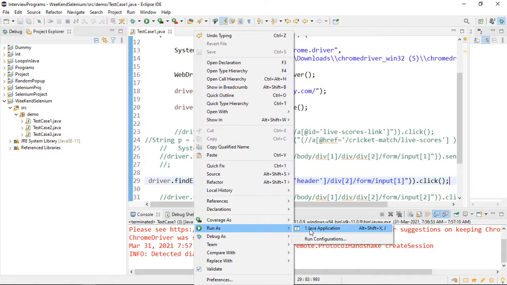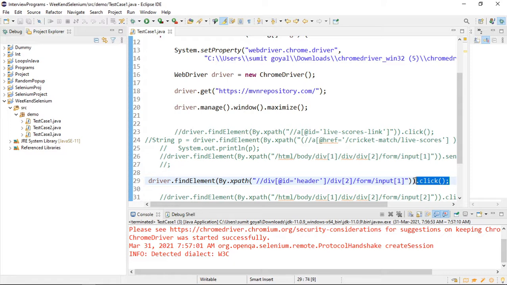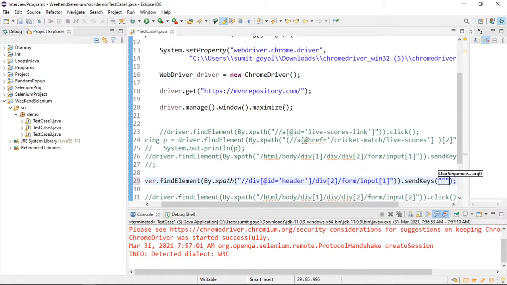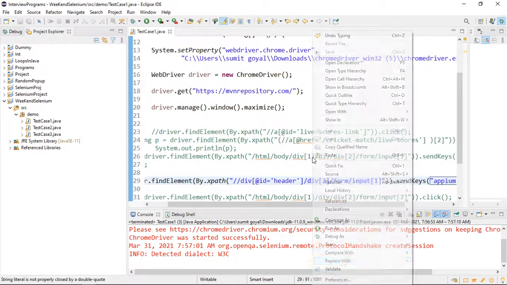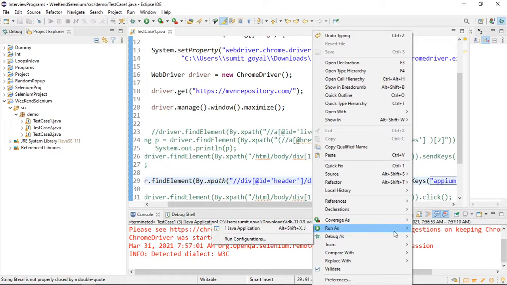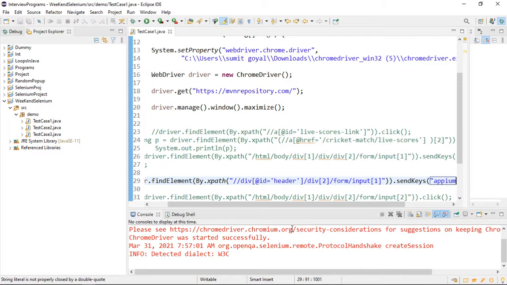Sorry, not click, you have to use send keys, I will say apm. So if I run this, it will again fill the data into the text box.